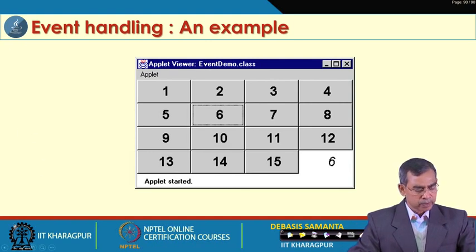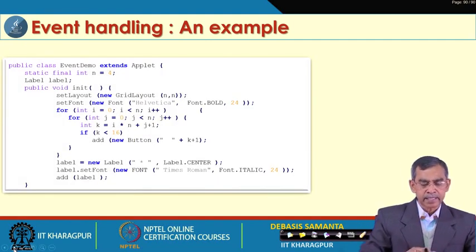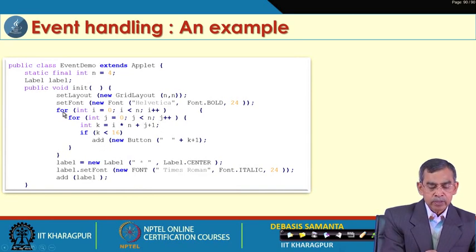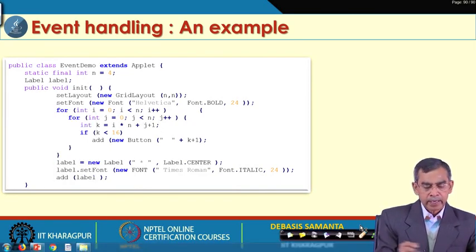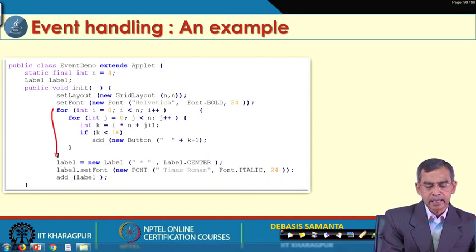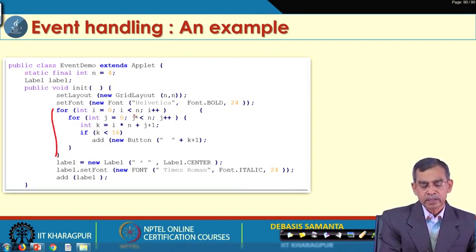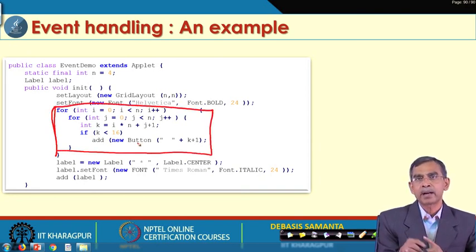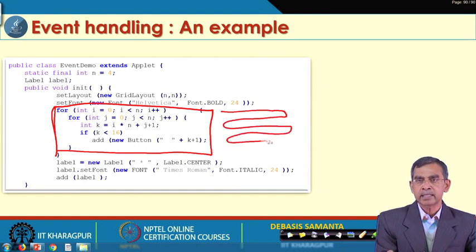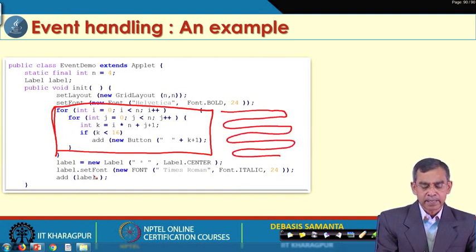Anyway, after set font, we have to arrange the different buttons. Here are the different buttons that can be arranged. I have made a loop for this, and it is a tricky loop; you can follow it yourself and understand how the different buttons are created with the labels 1 to 15, and all those buttons are placed in rows like 1, 2, 3, 4, 5, then 6 and so on. This way the buttons will be placed there.